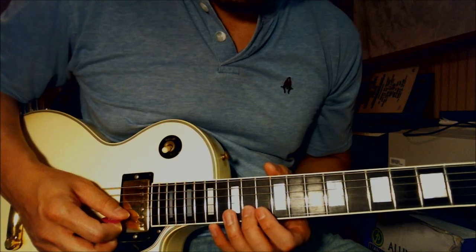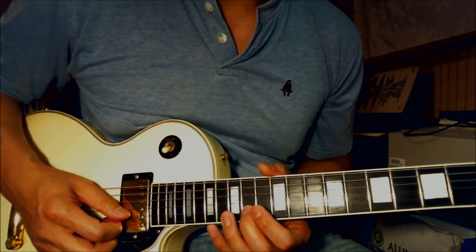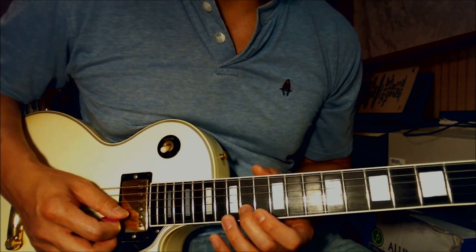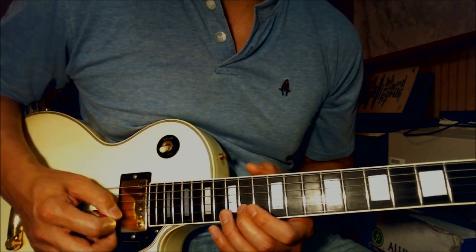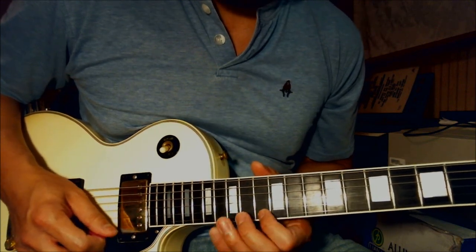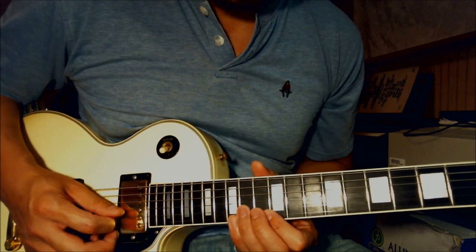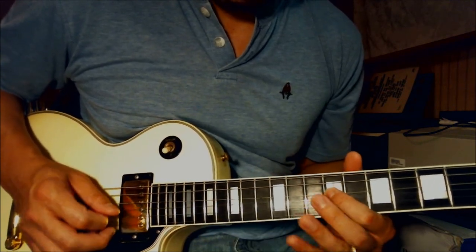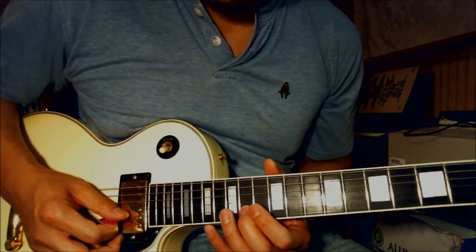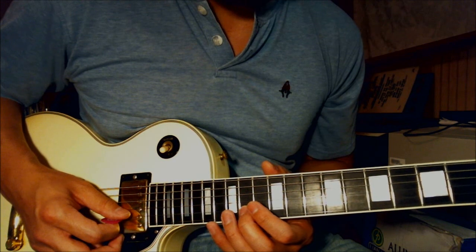So it goes to, this is a G sharp. I'm sorry, a C sharp. You start from the 14th fret of your B string. This is section 6. Alright, so you start from the 14th fret, the C on the B string,